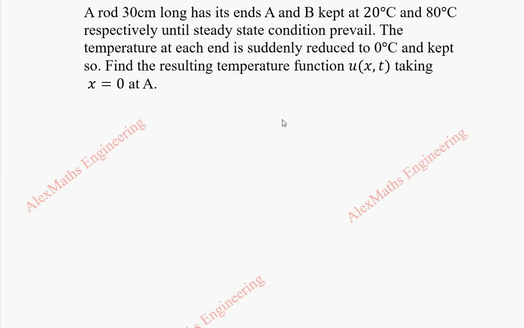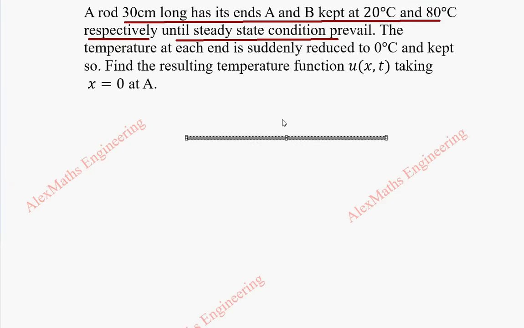In this video, they have given a rod 30 centimeter long has its ends A and B kept at 20 degrees centigrade and 80 degrees centigrade respectively until steady state condition prevail. So we take a small diagram. We have a rod of length 30 centimeter and we have two ends A and B. A is kept at 20 degree centigrade and B is kept at 80 degree